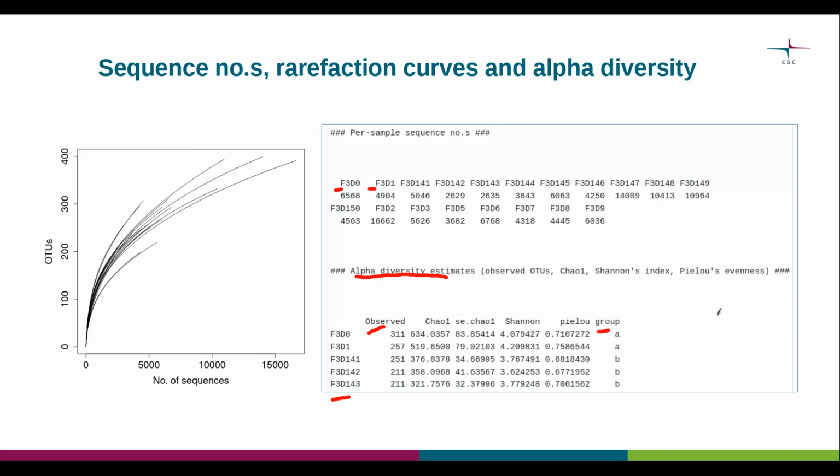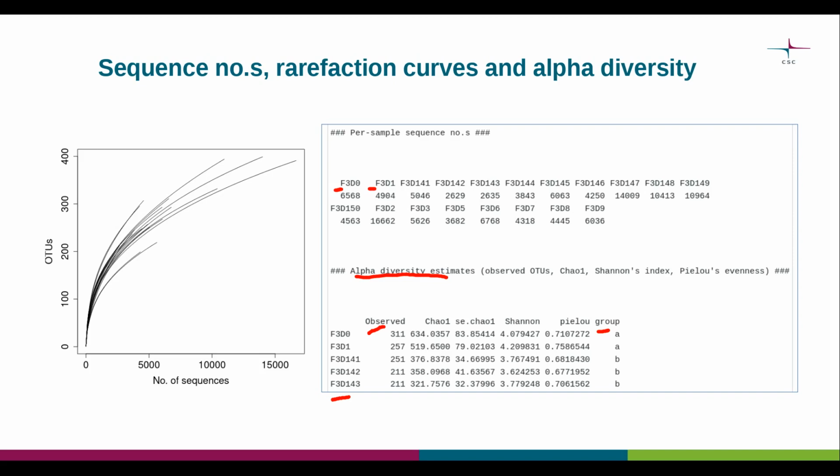Then we have the image on the left, which is a rarefaction curve. This is a line plot with numbers of sequences on the x-axis, with increments of 5,000 sequences. The values range from 0 to over 15,000. The y-axis has numbers of observed OTUs with increments of 100. The values range from 0 to 400, and several lines are shown on the plot corresponding to different microbial community profiles. These types of plots are used to visualize the relationship between sampling effort, in our case the sequencing depth, and the number of OTUs.